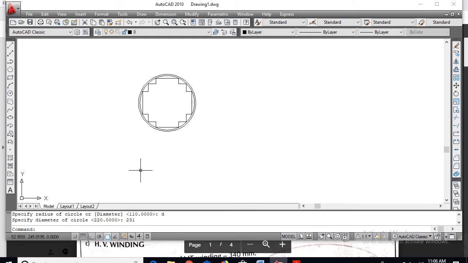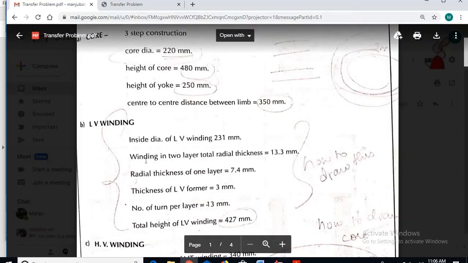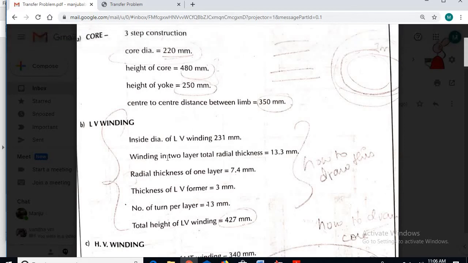Next up is giving thickness. So thickness of LV winding. This is the overall thickness, that is 13.3 at one side. At both sides it will be 26.6 mm. So you add 26.6 mm to this inner diameter of LV winding.